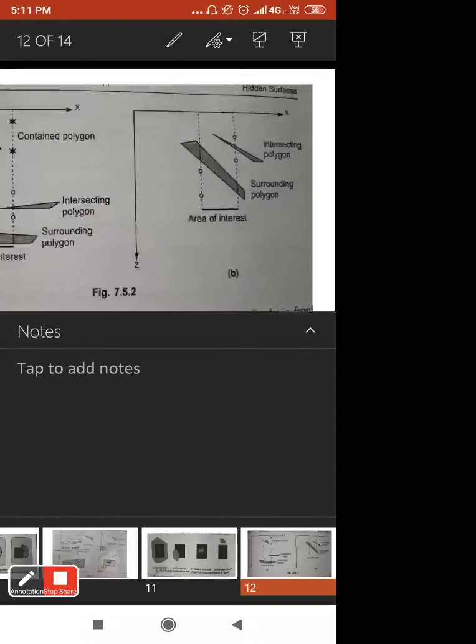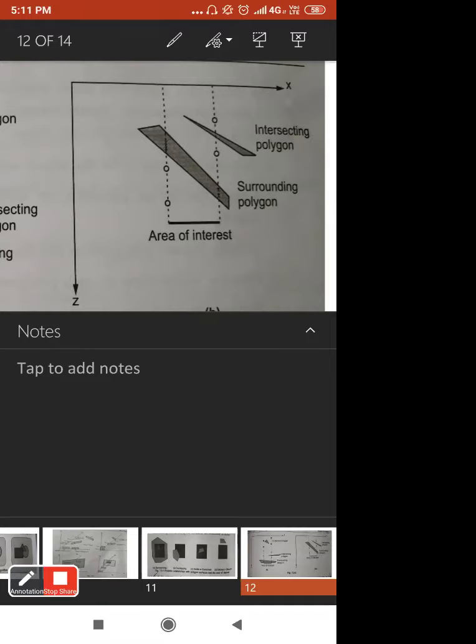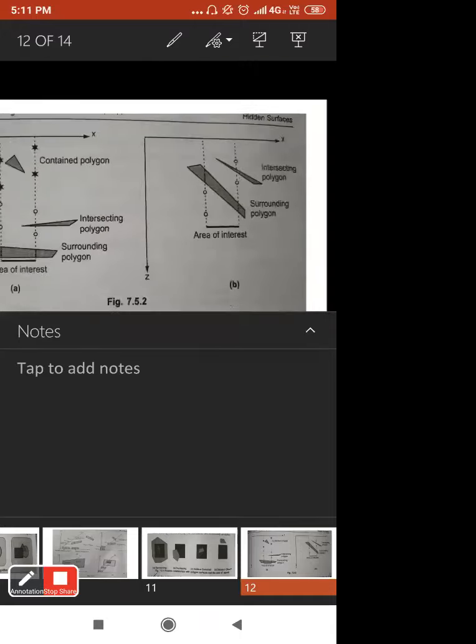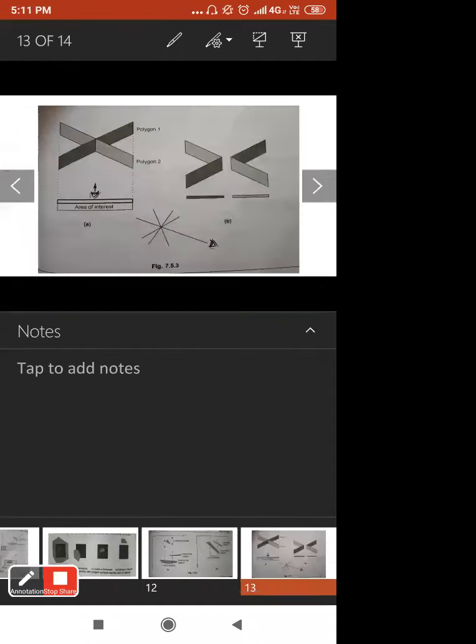In this case, you should get the point that these two polygons are somewhat overlapping each other. Okay, they are overlapping each other. And so how do you have to do this? In the last diagram, you can see here